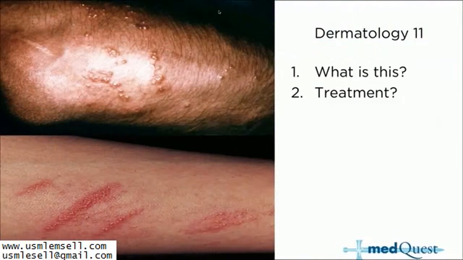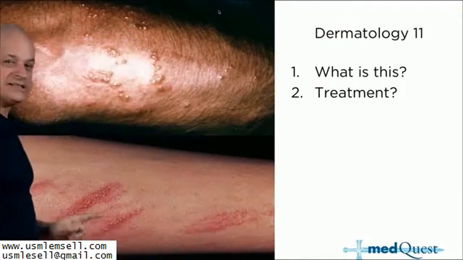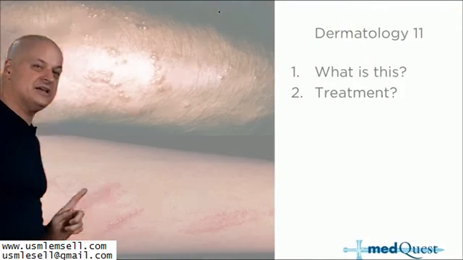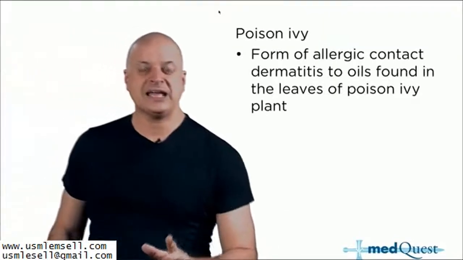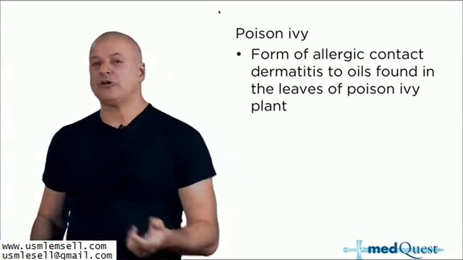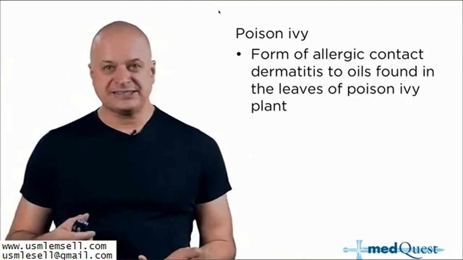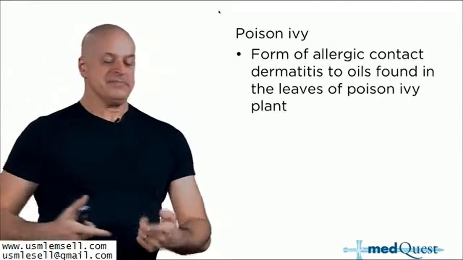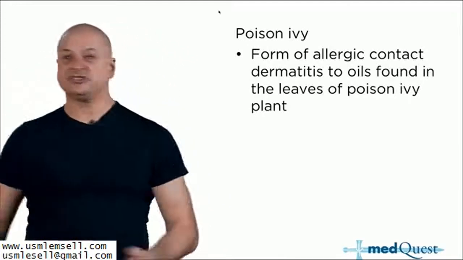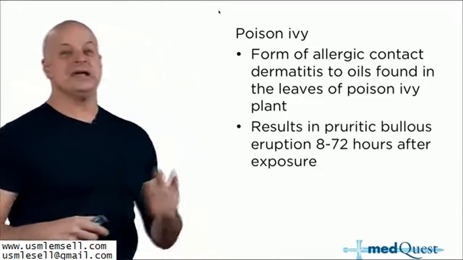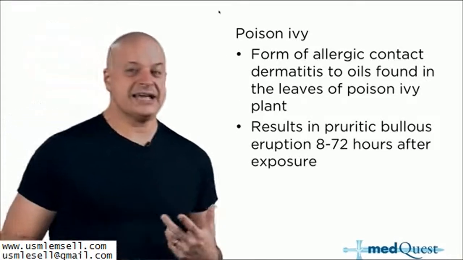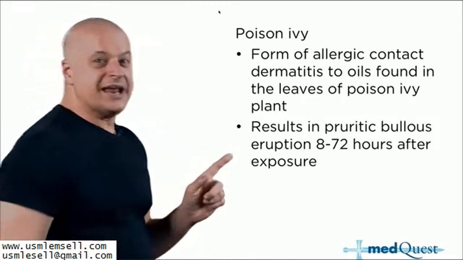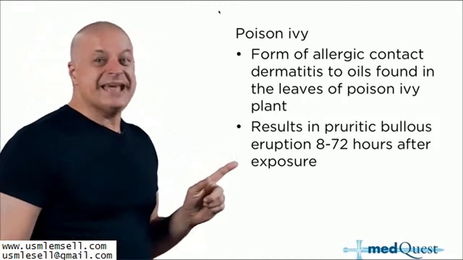It is poison ivy. Now, poison ivy, let's look at it again. Poison ivy can go around the body as a hypersensitivity reaction. It's a contact dermatitis. Is it immediate? Is it type 2? Is it type 3? Is it type 4? Poison ivy is a delayed hypersensitivity reaction, and it happens a day, even a day later